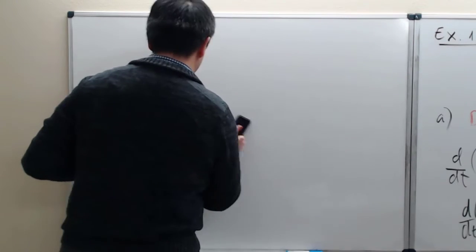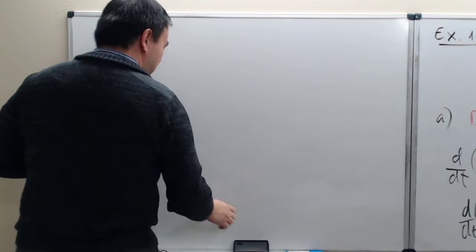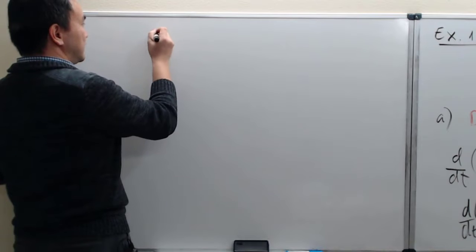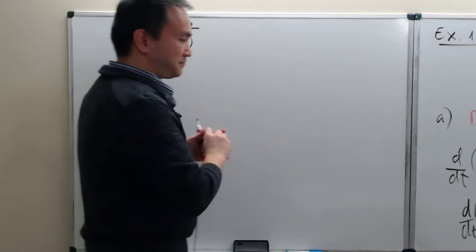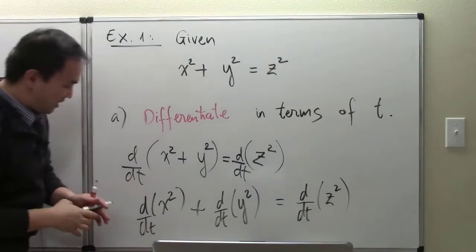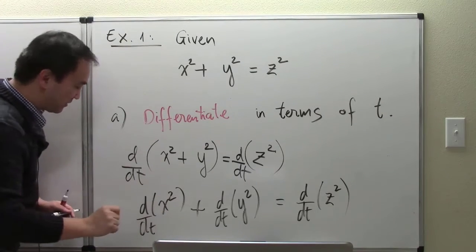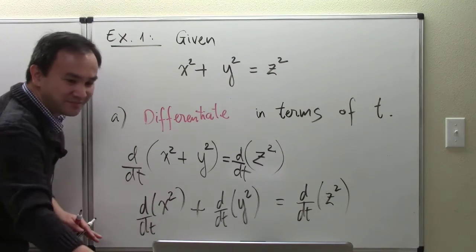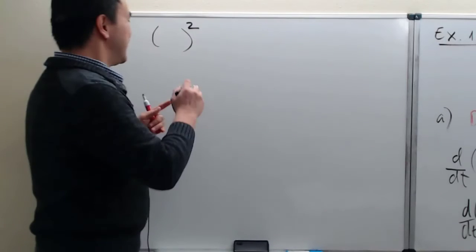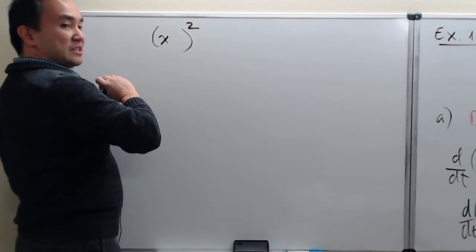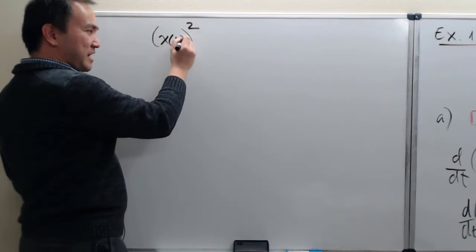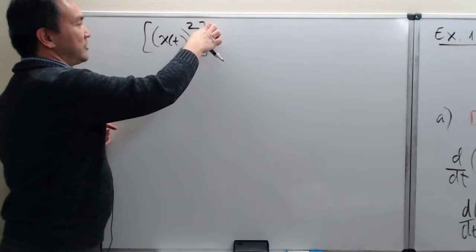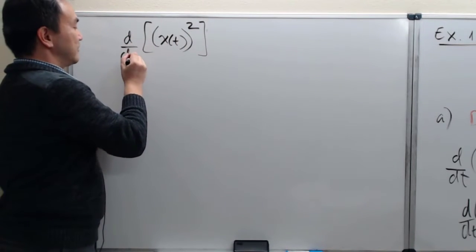And really, we have seen this in the introduction problem earlier, so I'm going to be a little brief here. But first term, what I'm seeing here is a square. So in my first term, we are about to find the derivative here. We are about to differentiate here. Then I'm seeing a square, the square of x. So square here, and then inside of that square is the x variable, but now x is a function of t. Okay, and so in that way, differentiating in terms of t here,